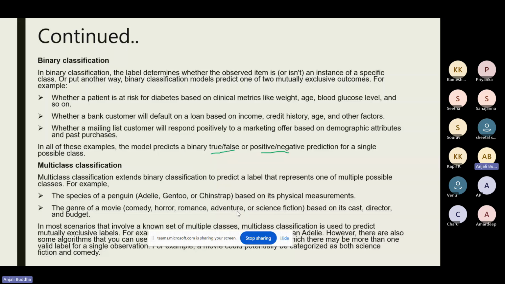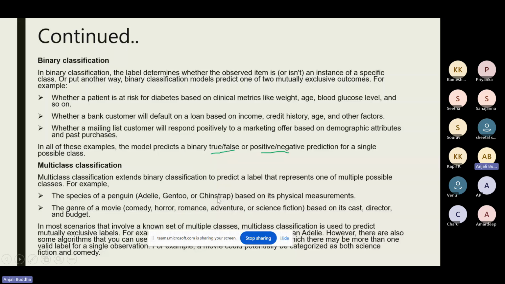For example, there are certain species of penguins, and I have to predict which type a particular penguin is based on physical measurements. The output will say one of the different options, either Adelie, Gentoo or Chinstrap.